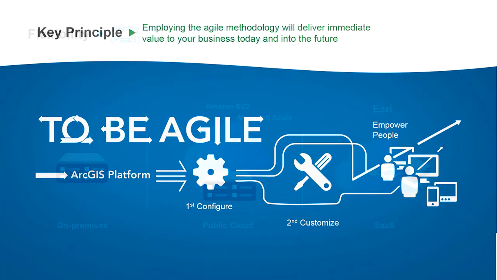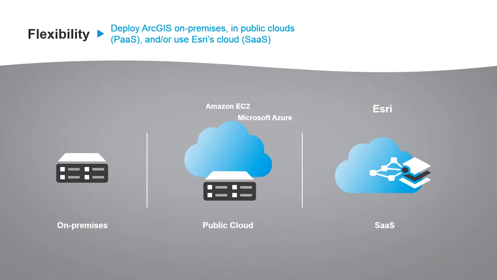There's also flexibility in the way you deploy location platforms. And the three versions that we most often see are a completely on-premises version. That's the servers and desktops inside your building completely. And that's if you have a need for high security or your mission prohibits you from being in a more collaborative environment. That's one extreme. The other extreme is a completely software as a service deployment, all in the cloud.